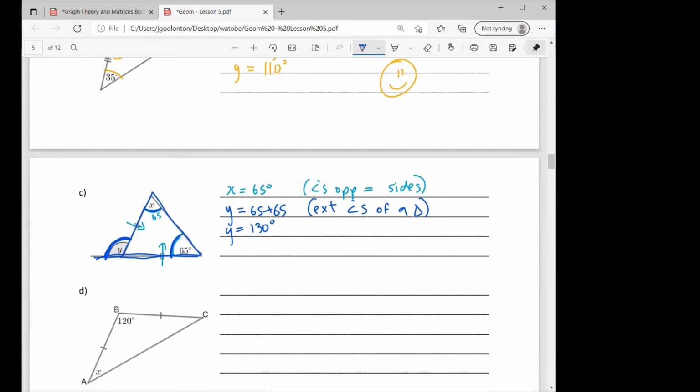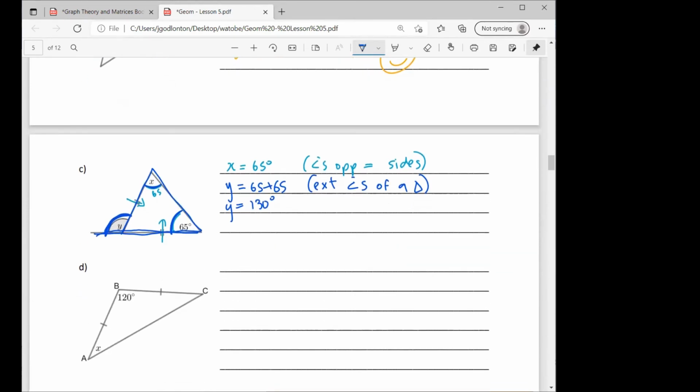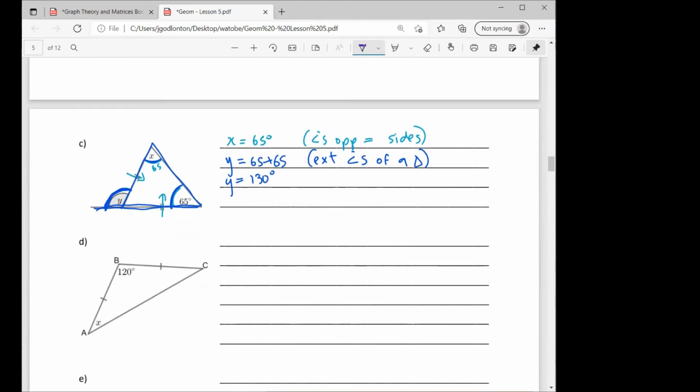Excellent. Okay, now D, although it looks easy, I'm actually going to talk you through D because we have to do it in two steps. Otherwise, we don't end up getting all of our marks. So I'm just going to talk you through this one so that you know for future reference. I know that these two angles, so this one and this one, would be the same as each other. Now this one I have to call with the big letters because I don't have another way to talk about it. So I'm going to say